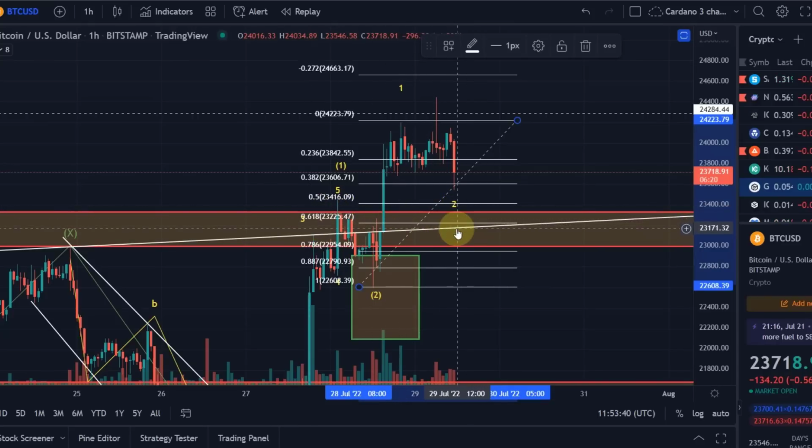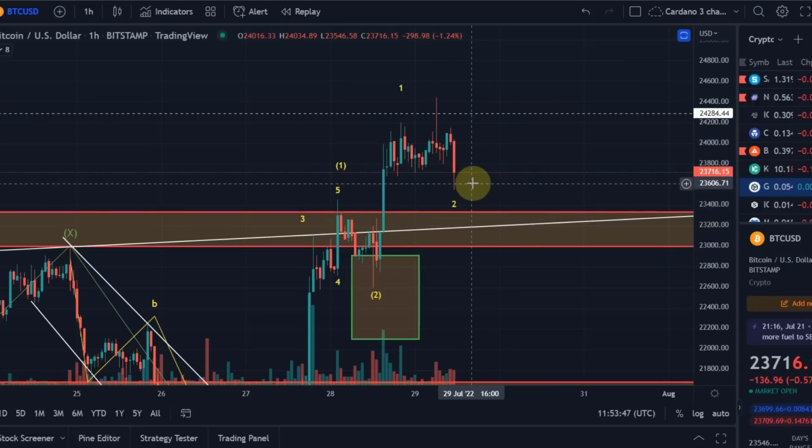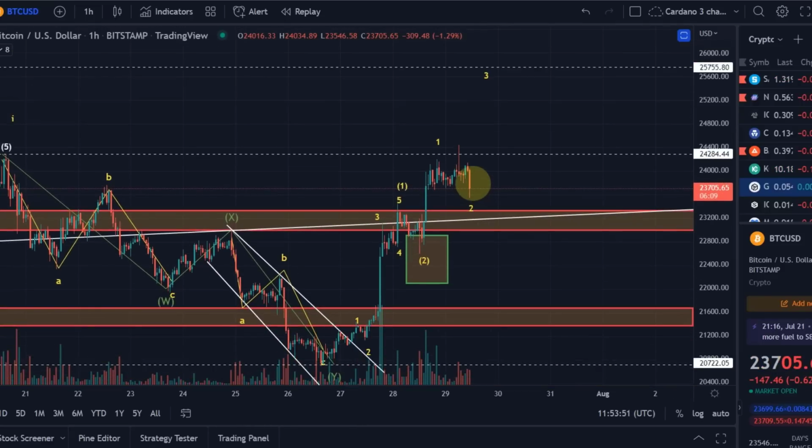However, here we should ideally hold at least the 61.8% fib level. Okay, but bear in mind, this is micro counting. Honestly, I'll just show you a few options here how this could play out. One,